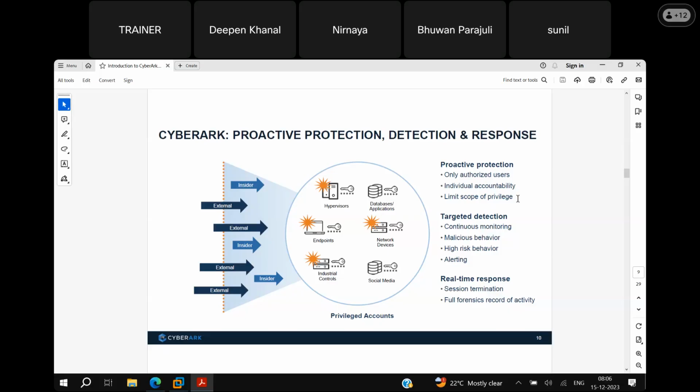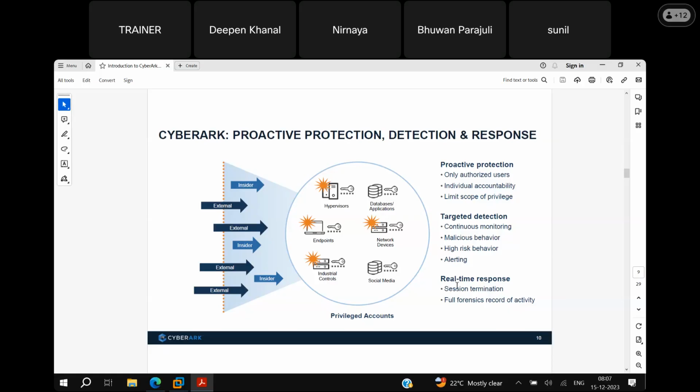Next, detection. With the help of PTA, Privileged Threat Analytics, we can continuously detect suspicious activities, and with the help of the PSM module, Privileged Session Management, we can continuously monitor all the session activities happening in the organization.